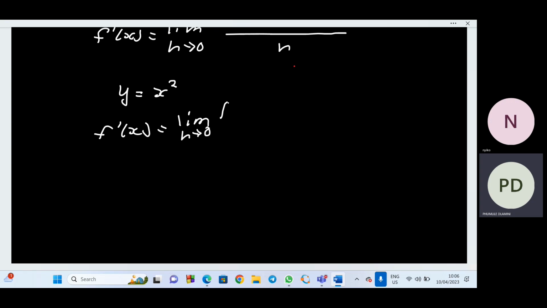Which means, where there is x, we put x plus h, squared, minus x squared